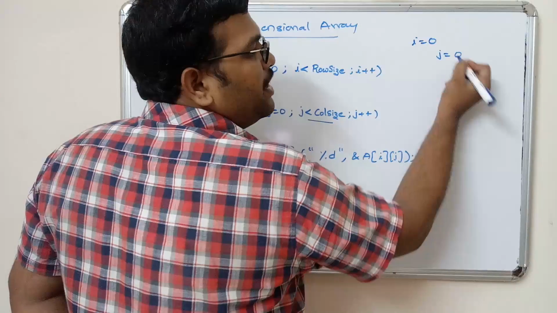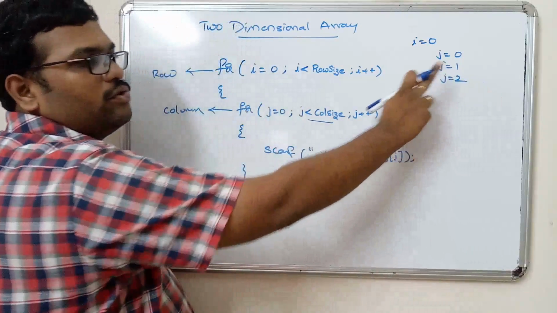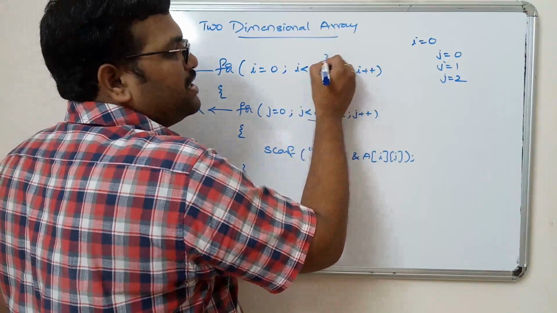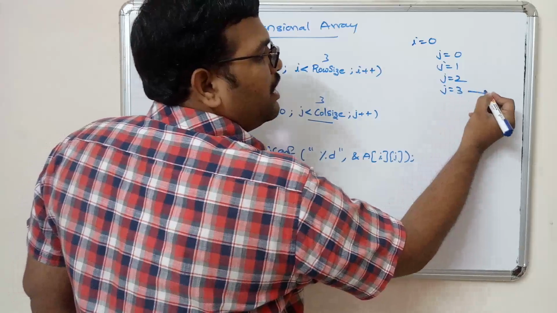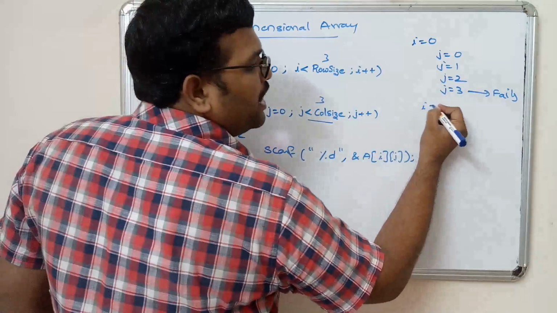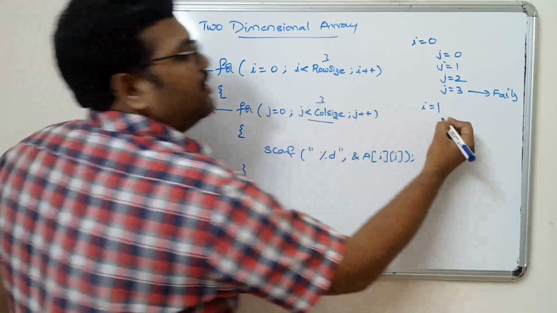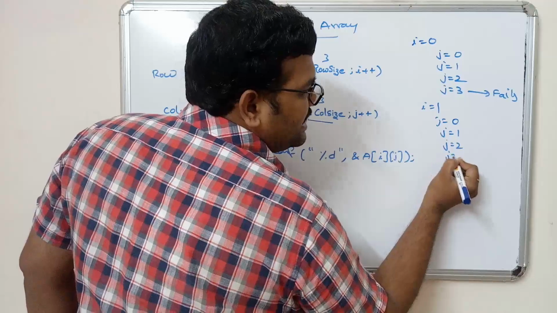For i equal to 0, j will be incremented: j is equal to 0 is assigned, j is equal to 1, j is equal to 2, if row size is 3 and column size is 3. When j is equal to 3 fails, it comes out from the loop, and i will be incremented. So i is equal to 1. Again j is equal to 0, 1, 2,